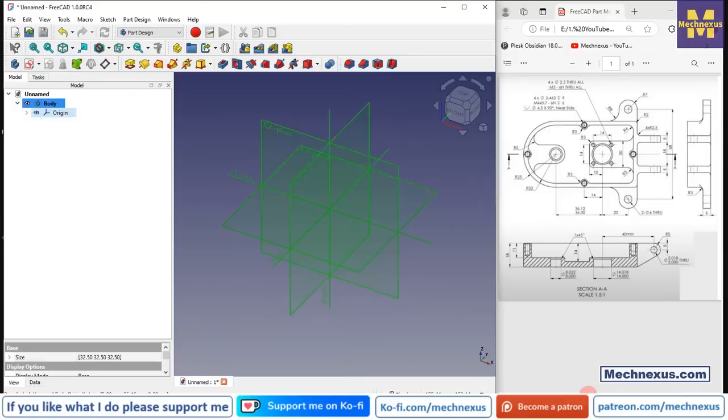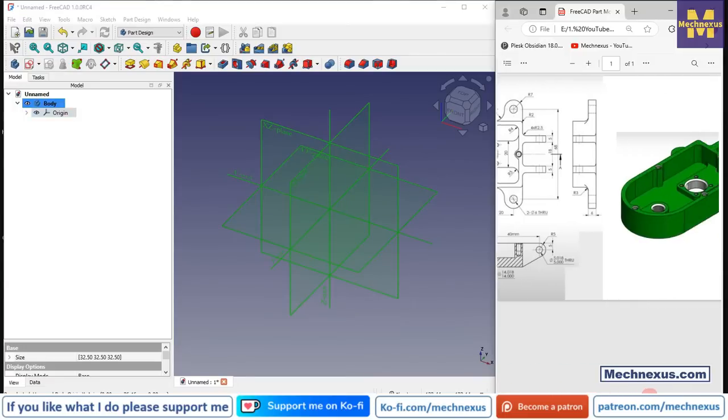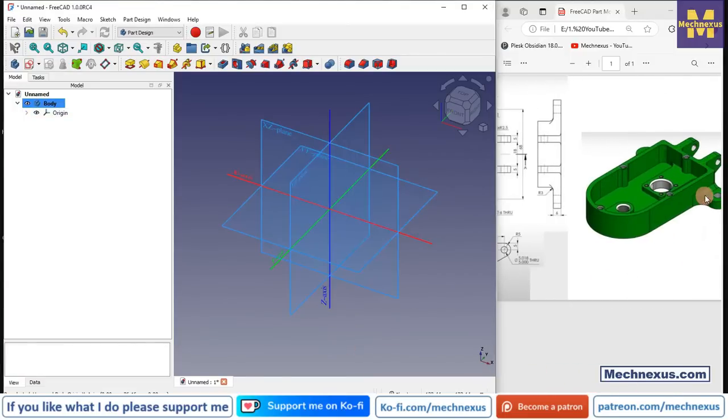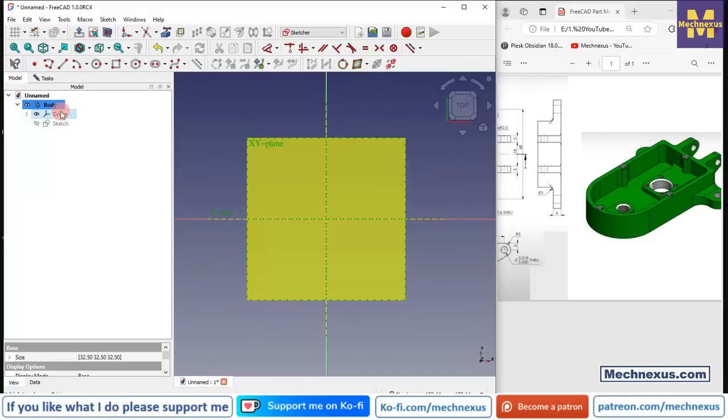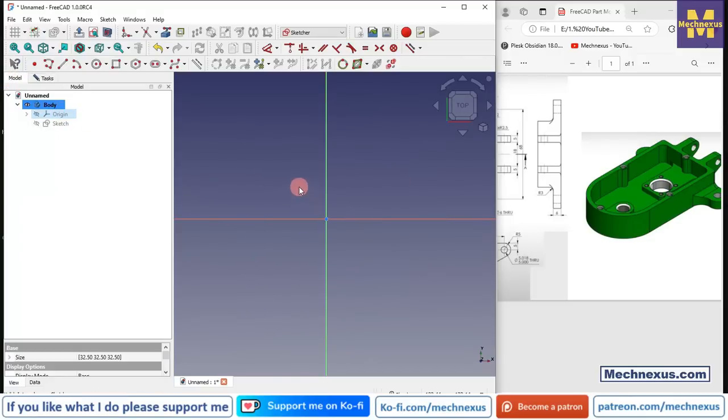Now we will read our drawing. The first feature which we will make is this base one. So for this we will select this top plane and click on the sketch, and go to the model tab and hide the origins. And now